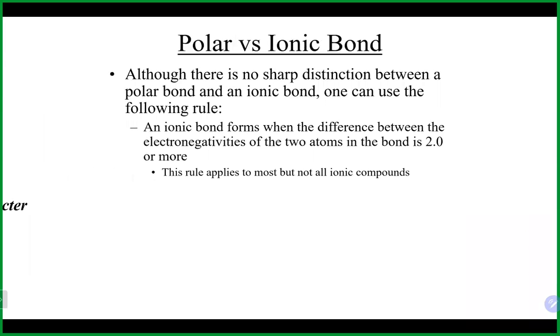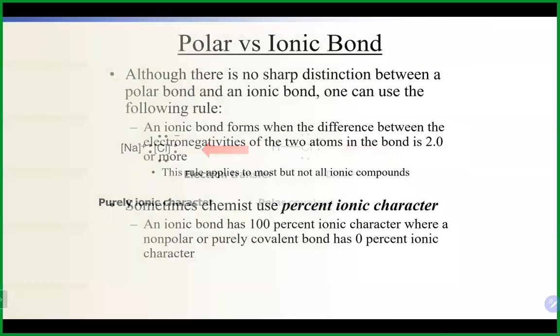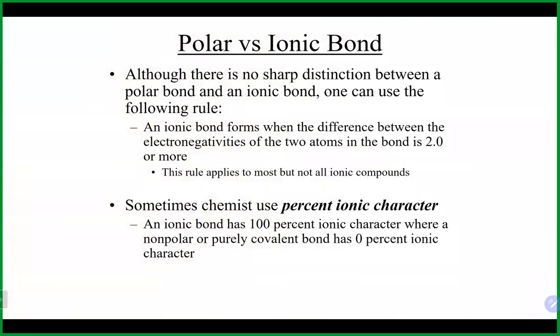So obviously we have our ionic bonds and our covalent bonds. Now, sometimes people will talk about bonding in terms of percent ionic character, and really not too much these days. But we'll talk about it a little bit here. 100% is pretty much all an ionic bond. 0% is really a non-polar covalent bond, and obviously polar would be somewhere in the middle of those two percentages. Most people nowadays just talk polar, non-polar, ionic, but occasionally people talk about percent ionic character,